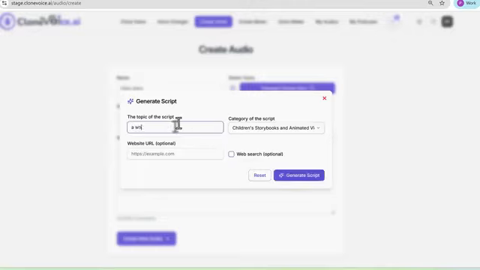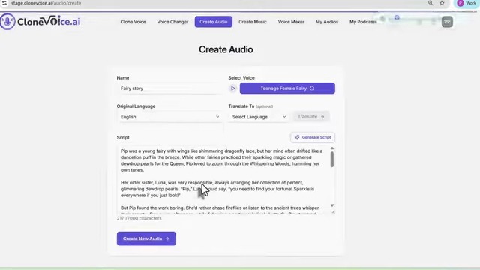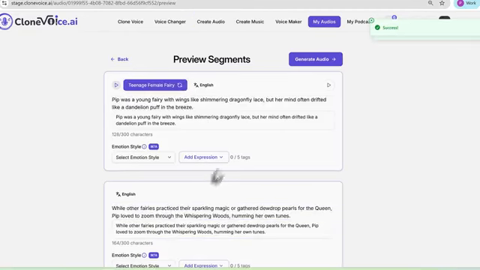Whimsical story of a teenage fairy finding fortune. I don't know, something like that. And then it's just going to generate a story. And you can go use ChatGPT or whatever you want to generate the basic storyline, and then you can go click create, and then again you can preview the first few lines to see if it's up to the standards that you're looking for, for example, like so.